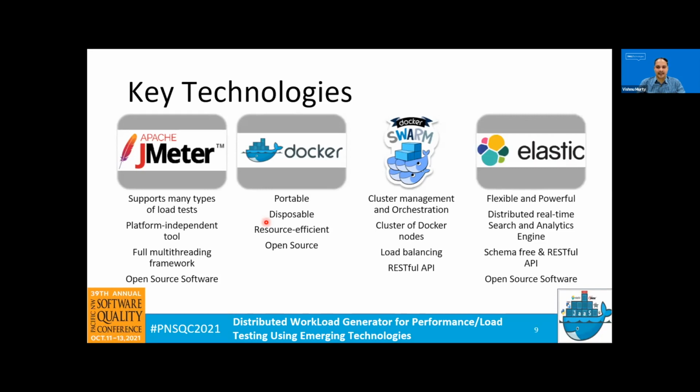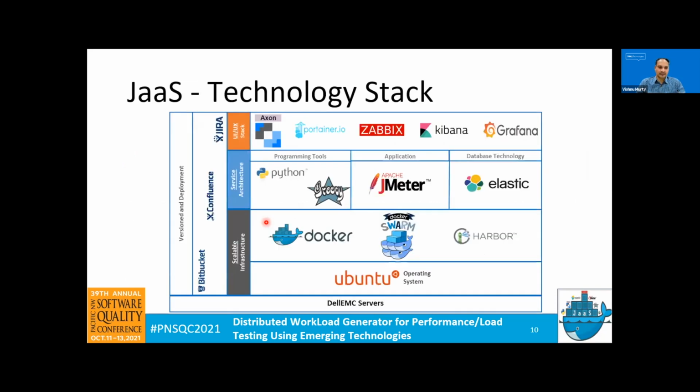And finally, we have Elasticsearch, basically a database where we store every transaction generated in this entire solution, either for searching or for timeline data and timeline charts. It's completely open source, and it has a REST API so that we can send the data, read the data, and visualize the data using Grafana. So these are the top key technologies we are talking about, which are completely open source. Apart from that, we have another technology stack you can see here,